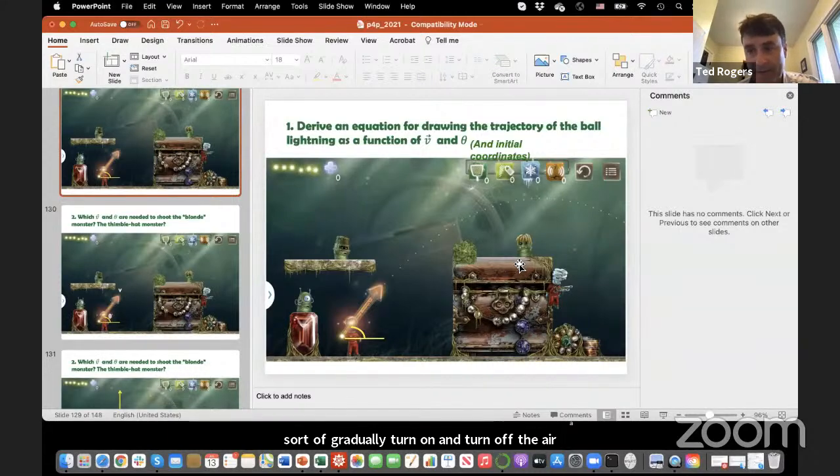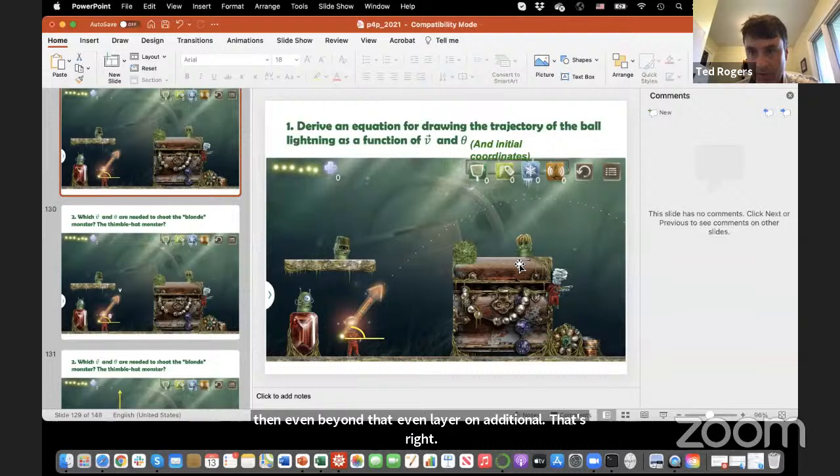And then even beyond that, you can layer on additional effects, right? So going forward, if we really had a lot of time to work with this sort of thing, one of the next things I would assign would be